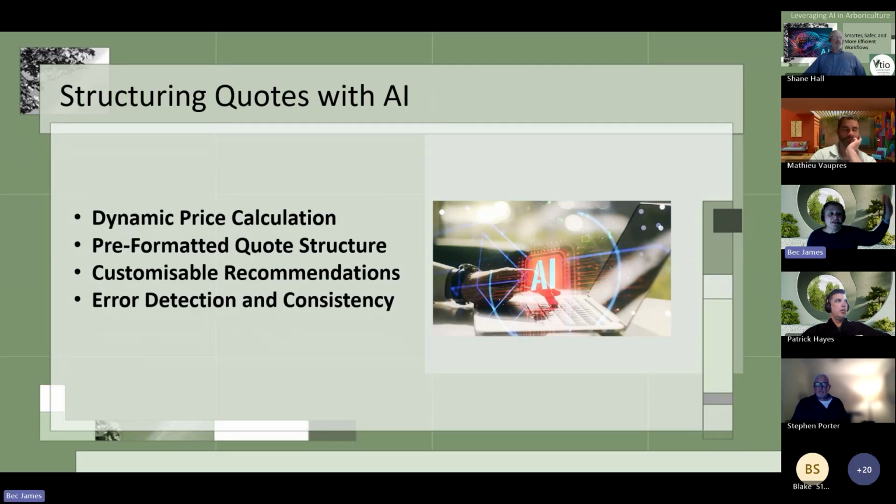And again, how are we structuring our quotes? We can tell ChatGPT if we want to be providing our quotes as dynamic prices, pre-formatted, customizable recommendations.